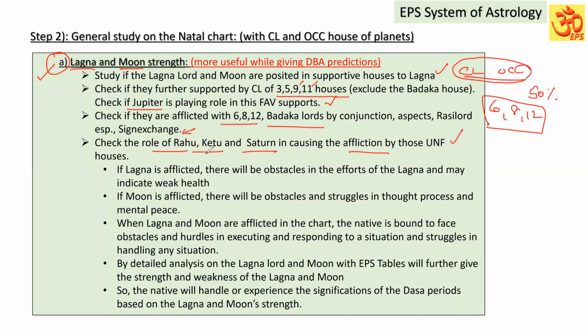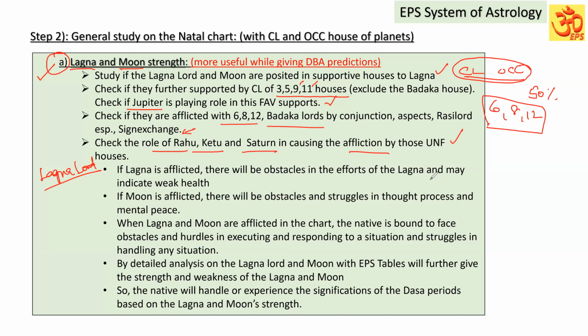What will happen if Lagna and Moon are afflicted? Lagna afflicted means not only the Lagna Lord. Suppose the planets occupying the sign of Lagna, the occupant of any house, influence that house's matter. So if the Lagna occupant is unfavorable to the Lagna, automatically Lagna is getting some influence. So Lagna is going to face some hurdles and obstacles. So if Lagna is afflicted, through the Lagna Lord or Lagna occupant also, there will be obstacles in the efforts of